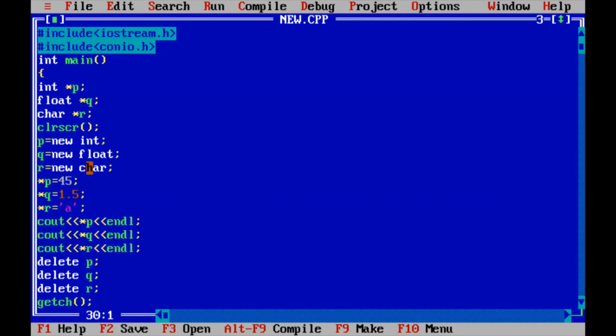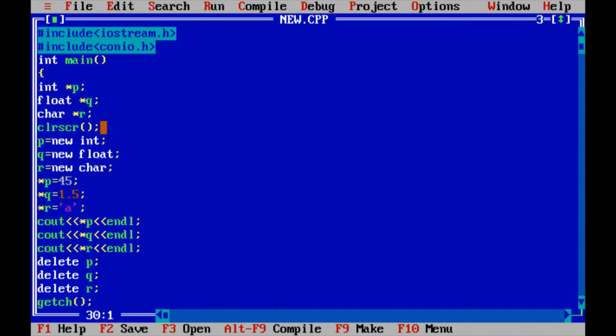Next, in the main function, I have taken three pointer variables p, q and r, of integer, float and character data types. Now see here, p equal to new int, that means I am allocating the memory during runtime, and q is new float.